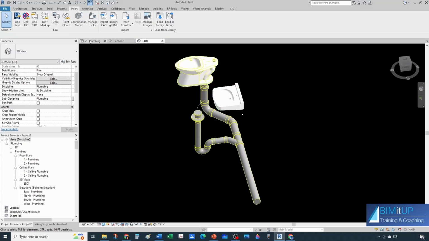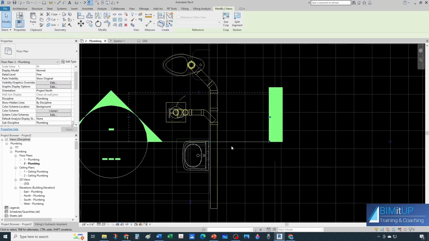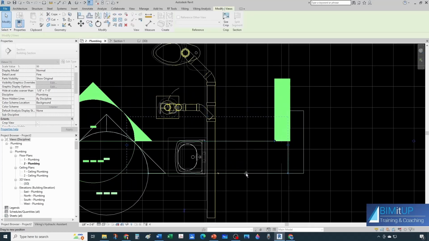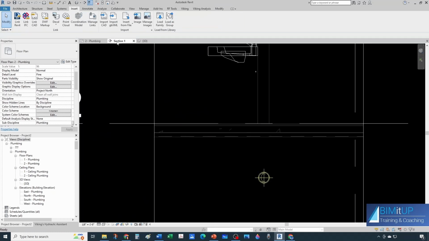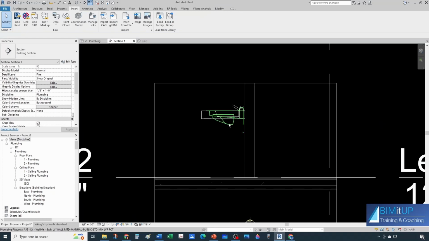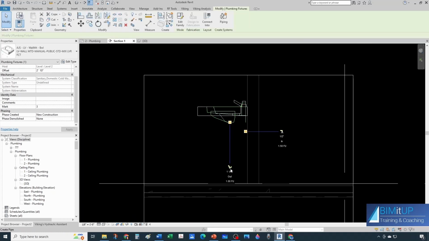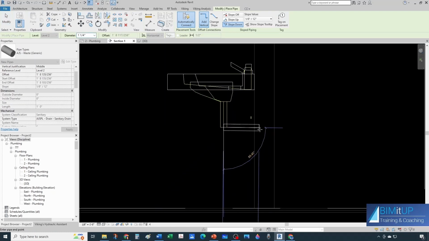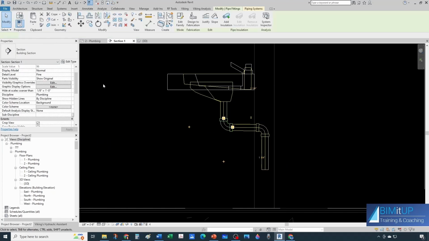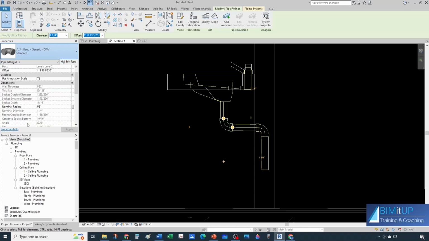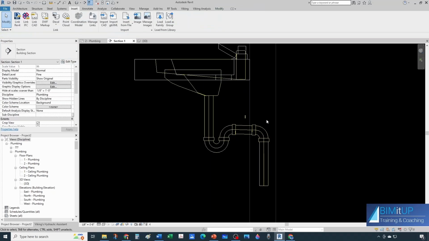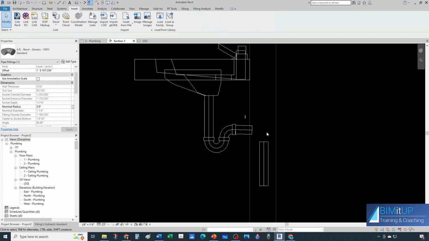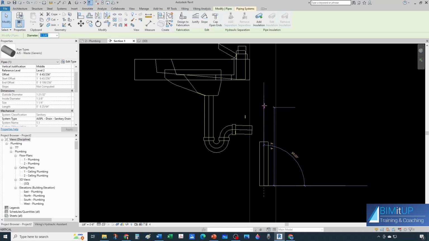For our lavatory, what we can do is simply slide our section down a little bit, and then we go to our section, and then we can come out of here, go into the wall, then we go down. We can go ahead and change this elbow already. We swap it for a P-trap, and then we can take this pipe here and extend it up to create